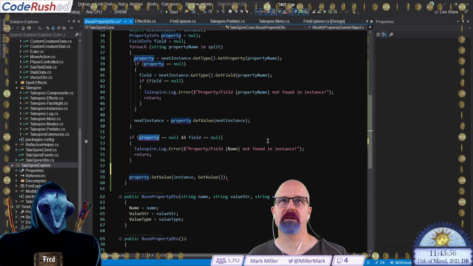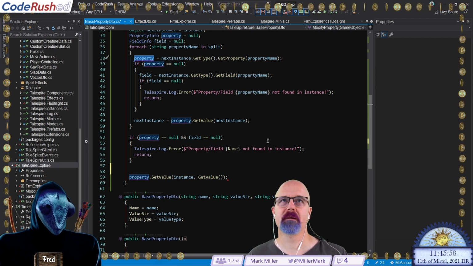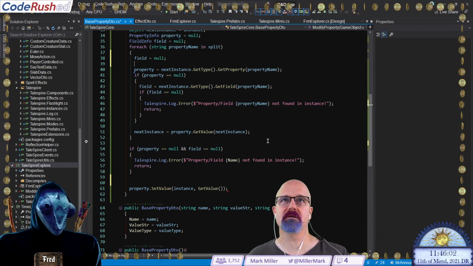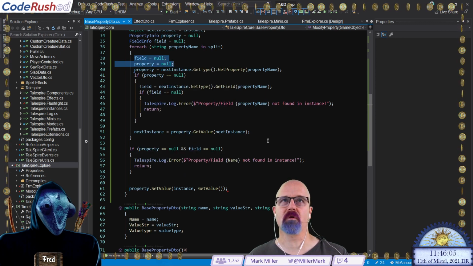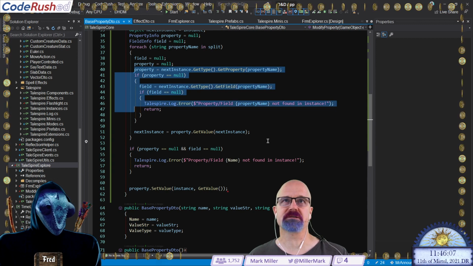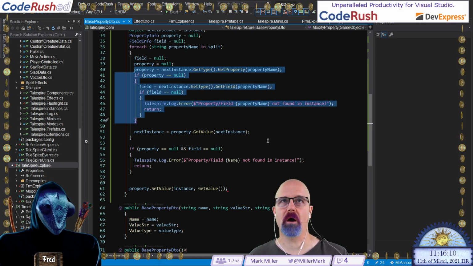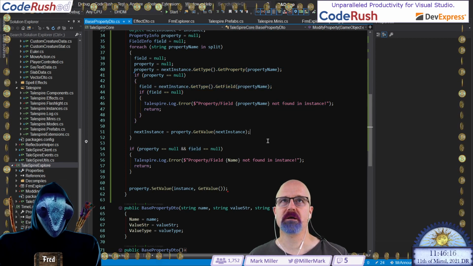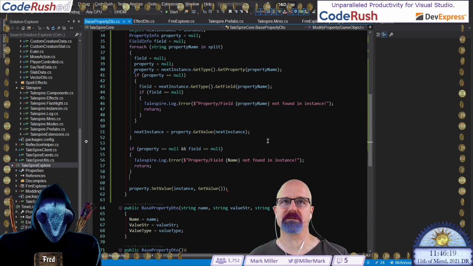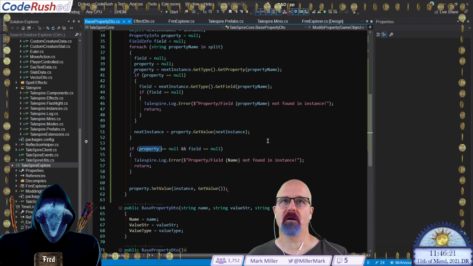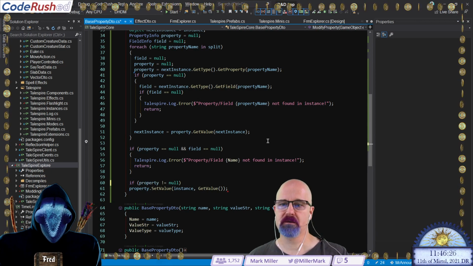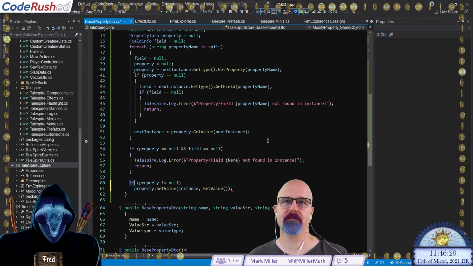And I think we need to set them at the top of the for loop, right here. We need to set that to null and set that to null, the top of the for loop. So it's only if we achieve success along this path that one of those two will be set. Either property, which we're prioritizing, or field, if property's null. So if we exit the loop, one will be set, not the other.